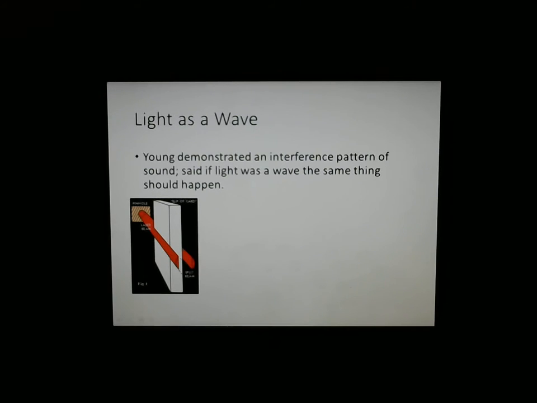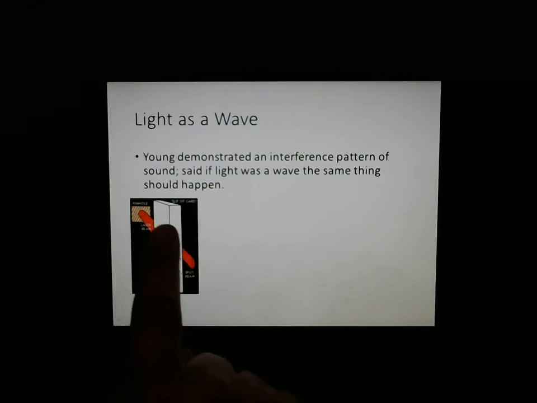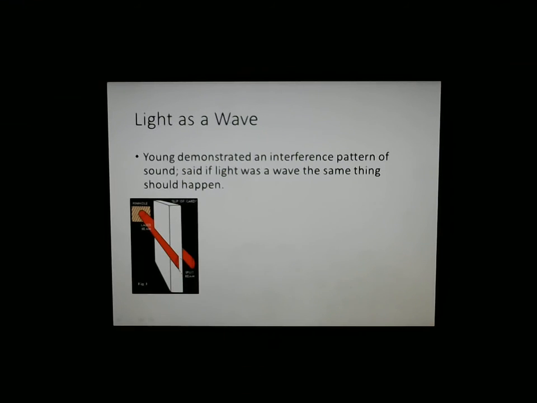Now I'm going to try to do it with a laser beam, but he just used a pinhole in a shade to get a thin collimated beam of light, and he put a piece of card, like you can see here in the picture, in the middle of it. And so you got half the light coming on one side, half the light coming on the other side. Often this is now represented as a wave of light hitting two pinholes to create two new sources of light, but this is how Thomas Young did his.